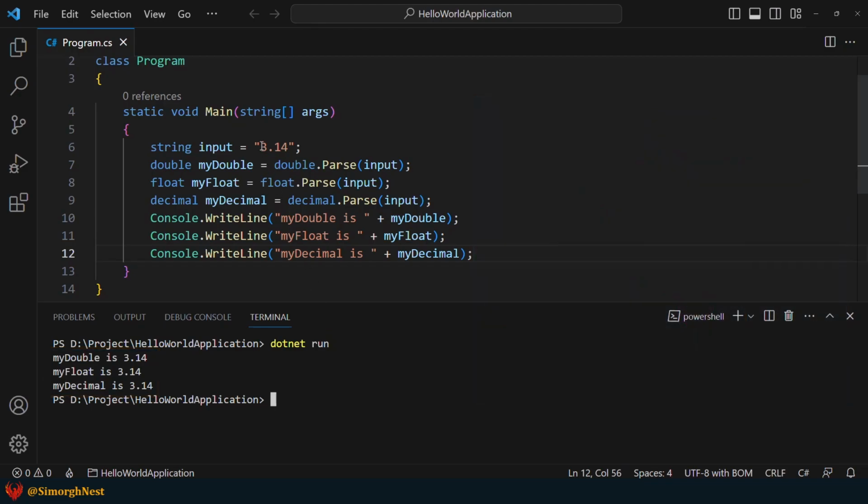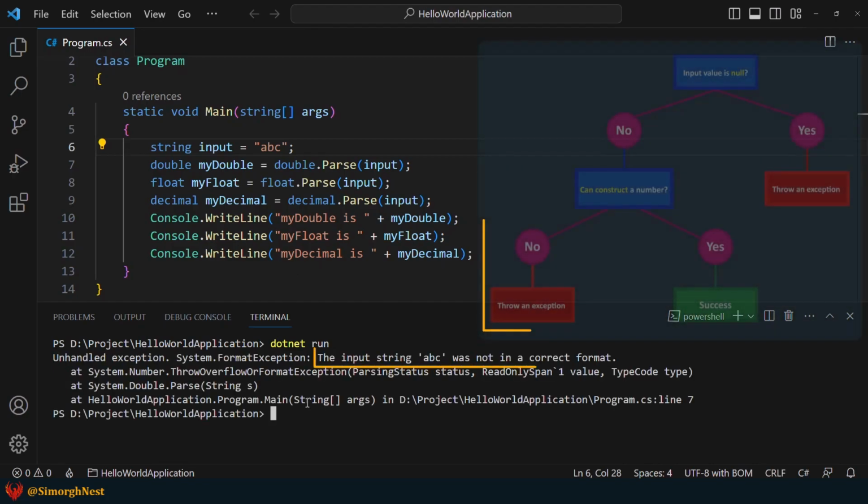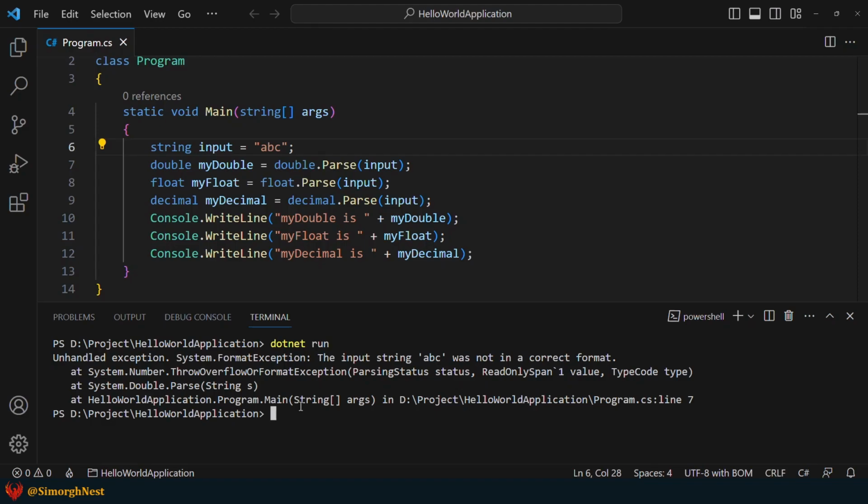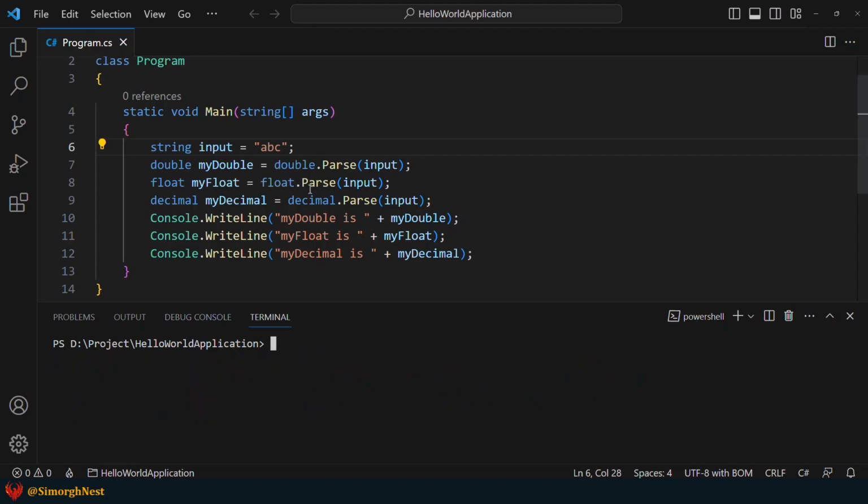Okay, let's see what happens when we provide an invalid value as the input. Let's test it out. As expected, an exception is thrown indicating that the provided input is invalid. Now, let's provide you with some examples of how to use the convert class.